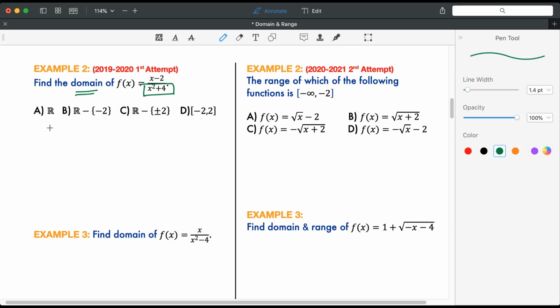What makes the denominator 0? X squared plus 4 is equal to 0. Find x, move 4 to the other side. X squared is negative 4. Is it possible to have a negative result when you square a number? It's never. You can never do this. X squared can never be negative, so that means there is no x value that makes